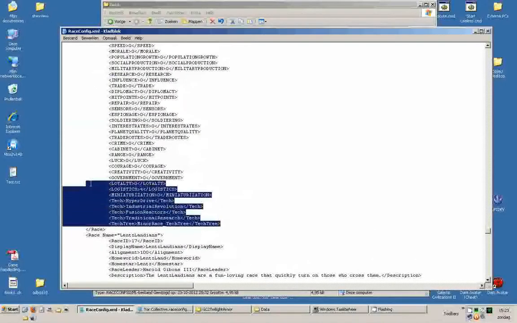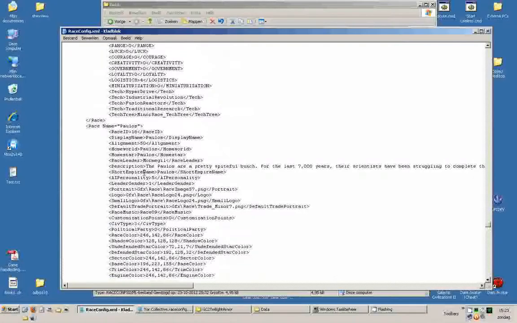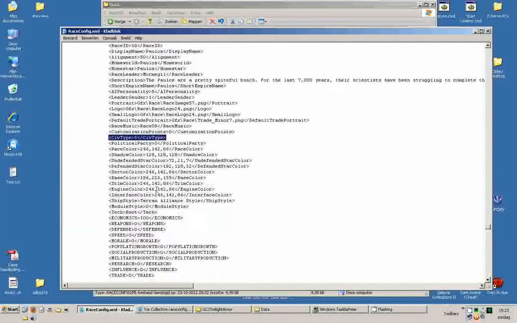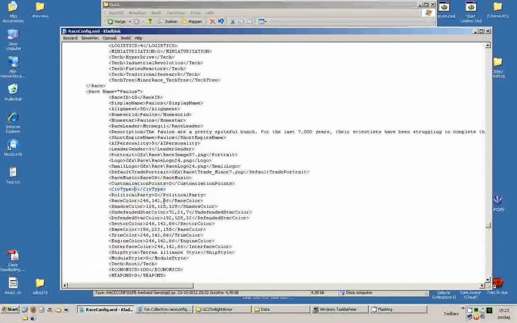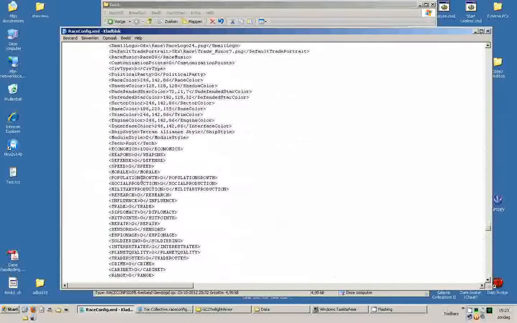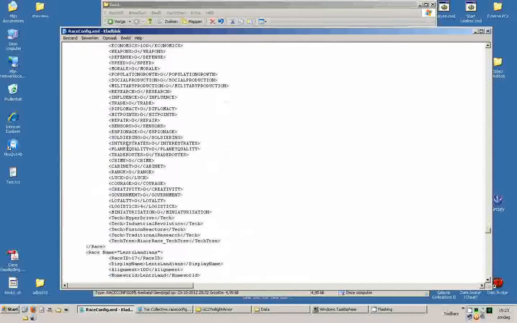Same rules apply. What you want to be careful with though is that the civ type for a minor is always 3 and their AI has to be 5. That combination ensures that they don't start colonizing. You can make minors colonize just fine by changing the civ type to, I don't know, 4, and I guess their AI to say 8 or 11 or whatever you want, and then you save and load the game and